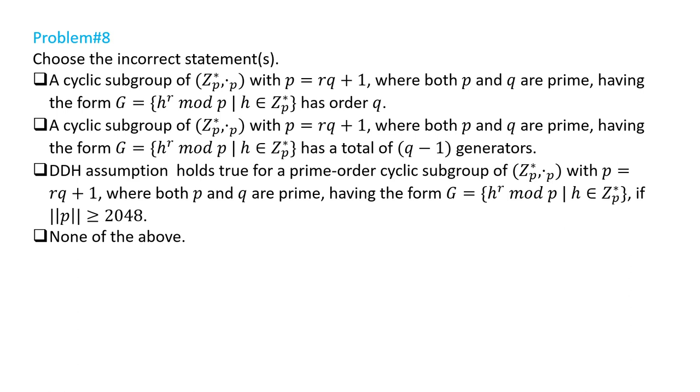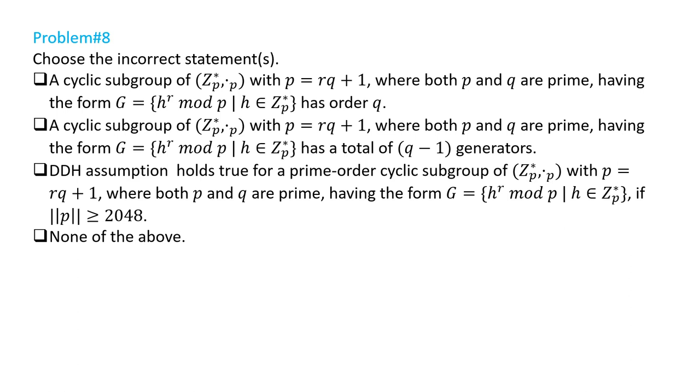So Q is a prime and the subgroup is a cyclic subgroup, and so all the Q minus 1 elements of that group will be generators of the group except the identity element, which is 1 for a multiplicative group. So the first two statements are correct. And for the third statement, yes, the DDH assumption holds true not for any prime